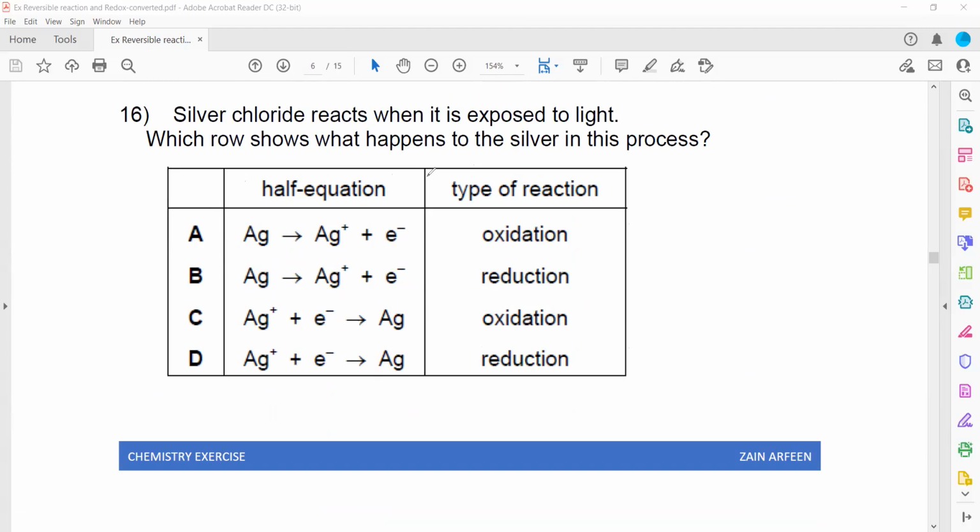So what happened? This is a photochemical reaction. In this photochemical reaction, silver chloride, because of the light, the silver ion gains electrons and turns into a silver atom. That is how the photographic plate is developed. A photographic plate has a coating of silver chloride, but when the light falls, the silver ion turns into silver metal, so it will turn gray or black. So when we check the options,